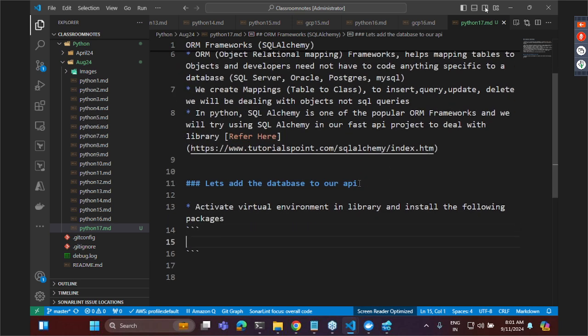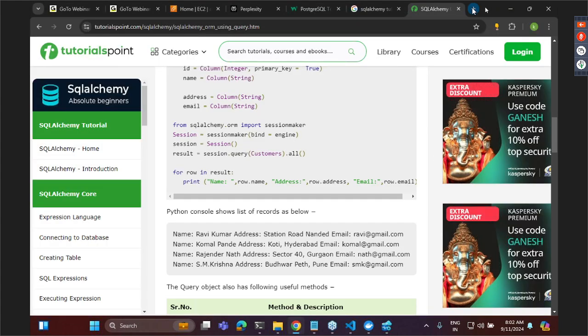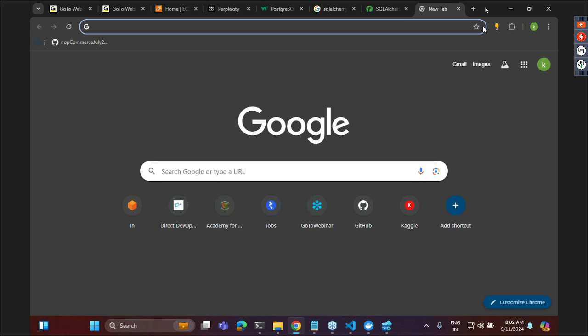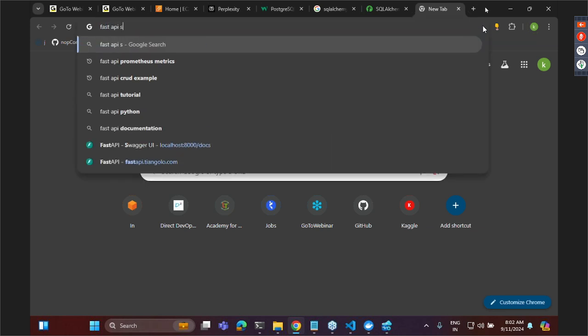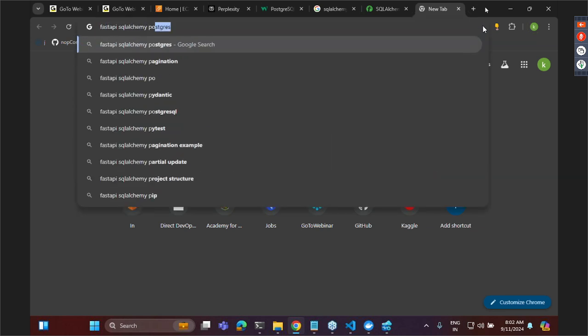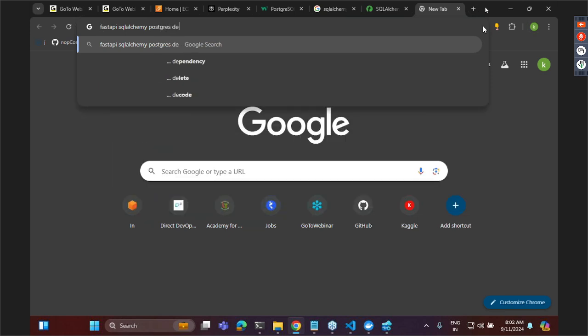Okay. So the first one which we require is pip install SQL Alchemy, because this is going to connect with it. But to connect to the database, Fast API, SQL Alchemy, Postgres,